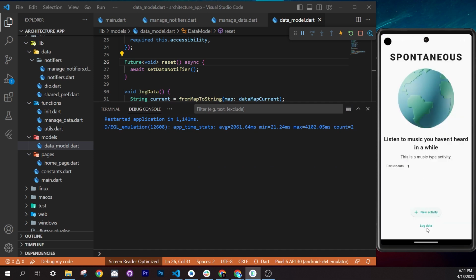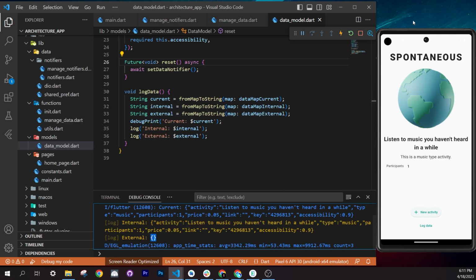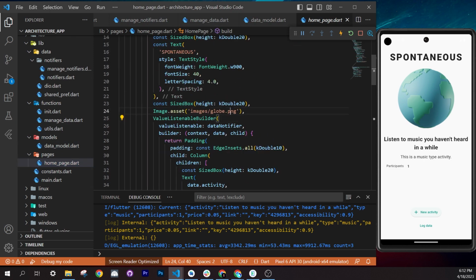Okay, so if I click on this, we should be able to see internal that have some data and the external don't have any data. But another thing that could be interesting is when we don't have any internet connection, we need a way to know that, because right now nothing shows us on the screen that it's the case. So we'll go inside the home page, and what we'll do is we'll go where we have the